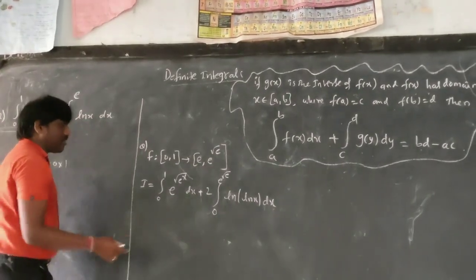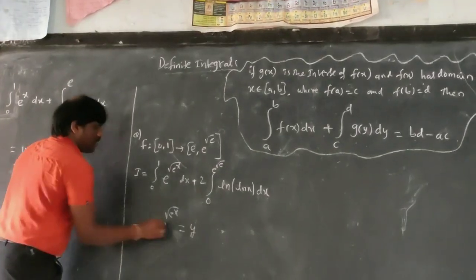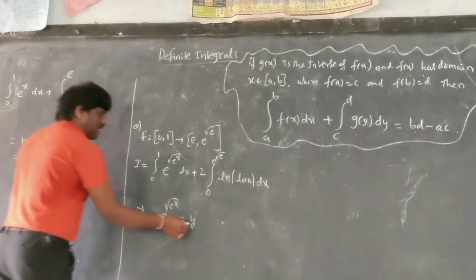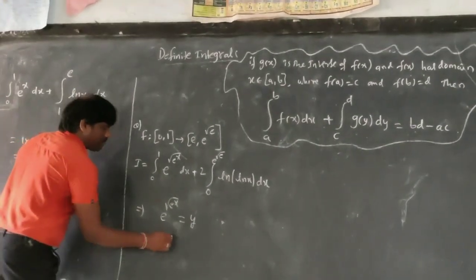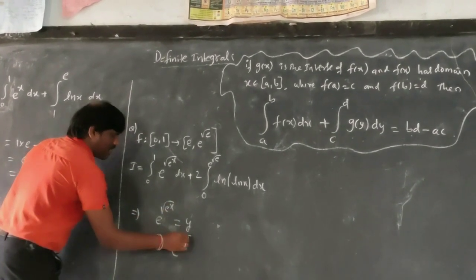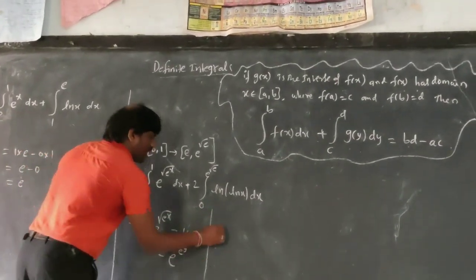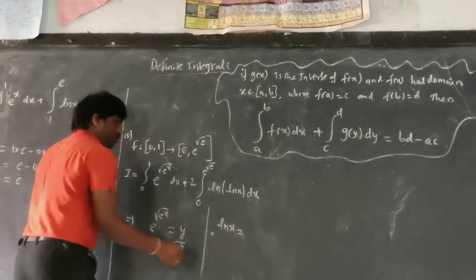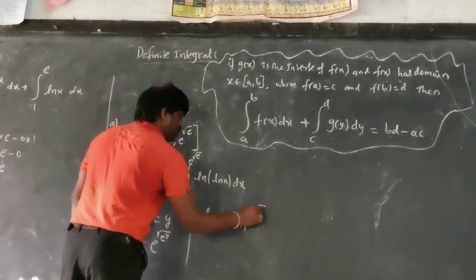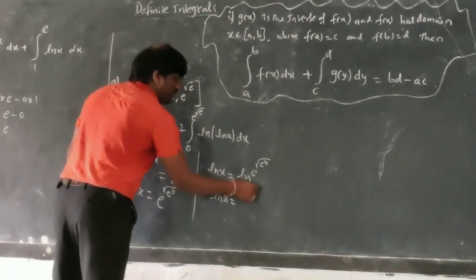See, if you have a doubt, let us see here. e power of under root of e power x. Let us take this as y. Inverse, you know, in functions I explained how to find inverse. Okay, this is y. Then we replace x place with y and y place with x. e power under root of e power y. Then apply the log on both sides. ln x is equal to ln e power under root of e power y. So you get ln x is equal to, this value will be 1, so you get under root of e power y.